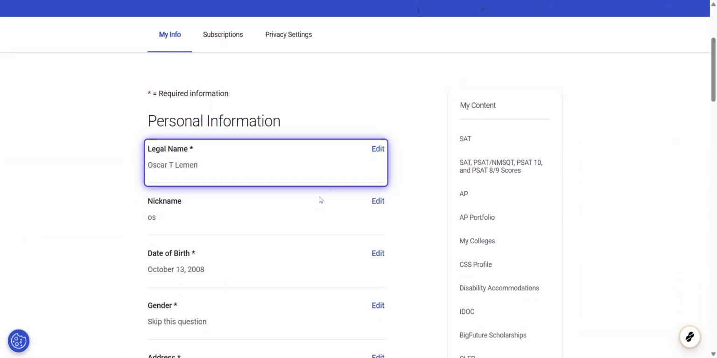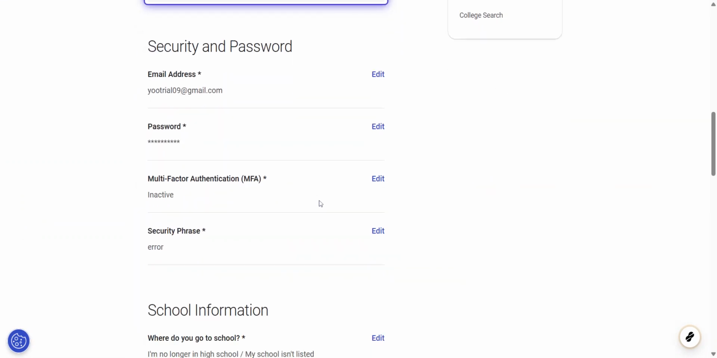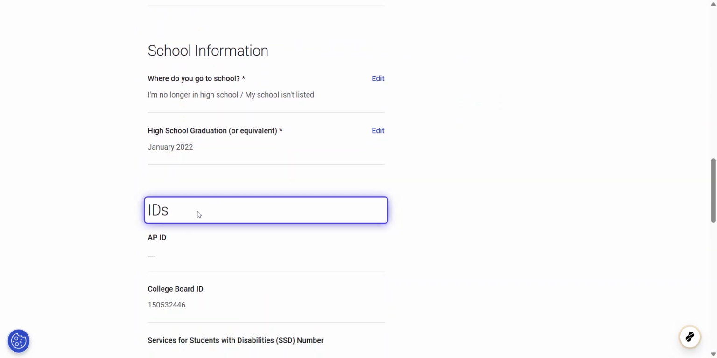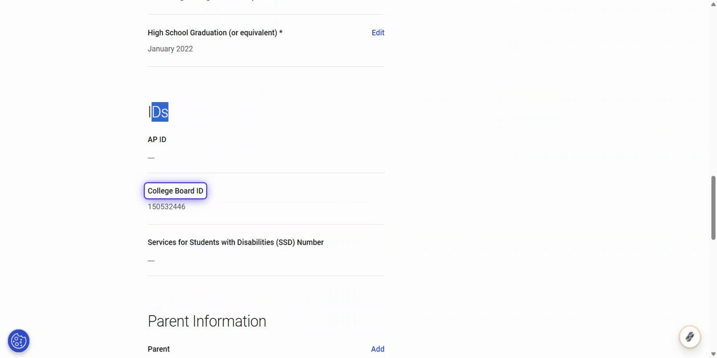Then enter your date of birth as per your documents, your gender, and an email address that you frequently check. This email will be central to receiving updates and important information from the College Board. Additionally,